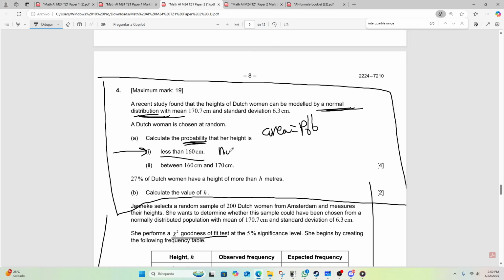Immediately, okay, so this is normal CDF. Look at that, this is another interval, normal CDF. Oh, look at this. They gave me a probability. That means they gave me an area. Inverse normal. That is what I'm talking about. Have very clear what your tools do. You're going to be much quicker.